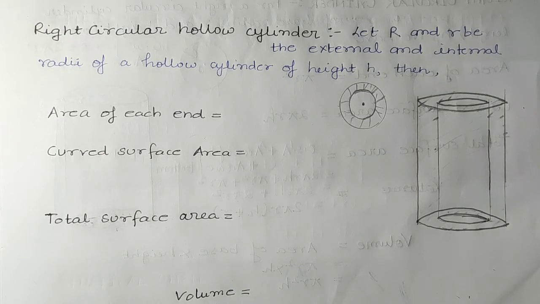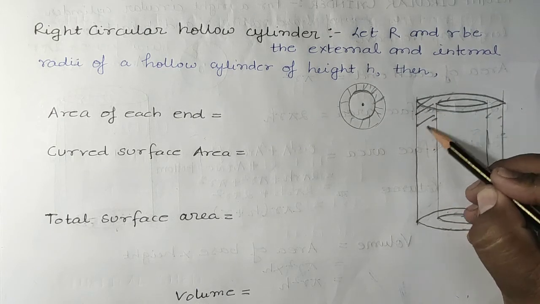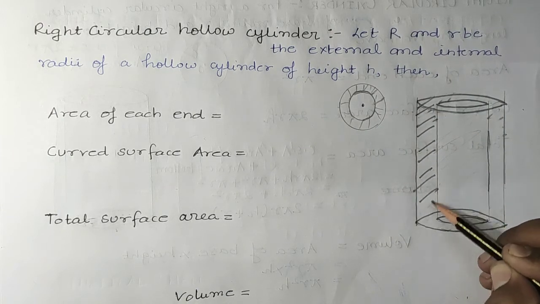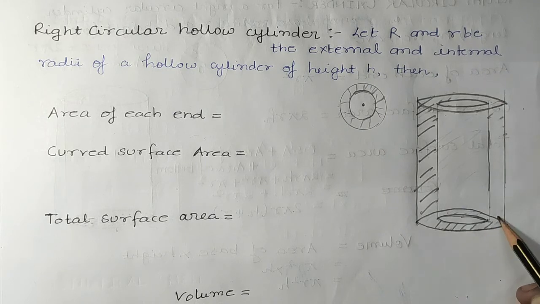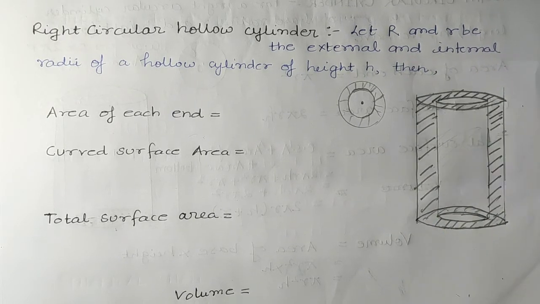So next solid is right circular hollow cylinder. What can be the example of right circular hollow cylinder? Pipe. Okay, pipe can be an example of right circular hollow cylinder. See students, hollow means unfilled portion. In the middle of this there is an unfilled portion, meaning in this solid the material is only here, like this. So this is a hollow cylinder.